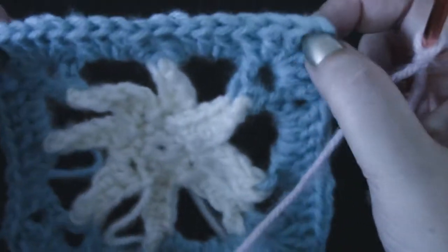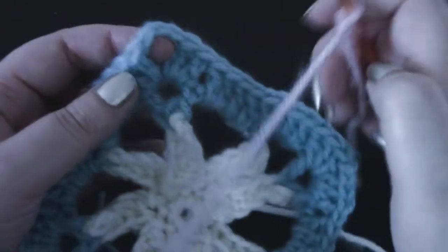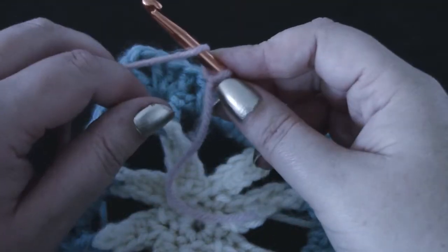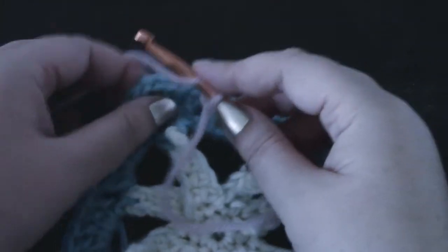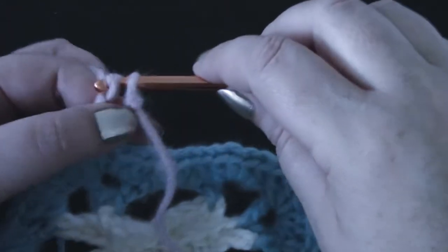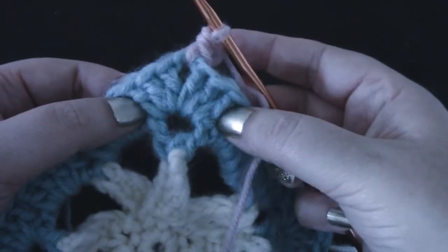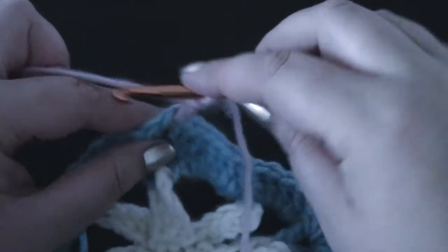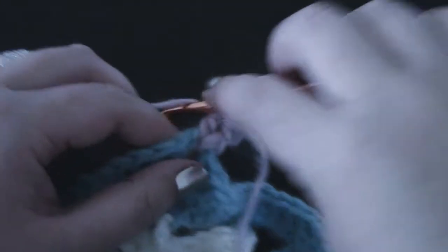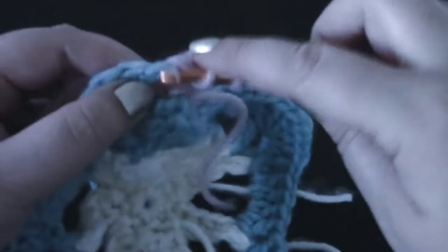Into each of the previous round's double crochet, you're going to do a double crochet. I would suggest starting in a corner. Okay, so yarn over, just secure that yarn over with your finger and into this 2 chain space. Hook in, come through, yarn over, take off 2, yarn over, take off 2 for your first double crochet. As with the previous round, you're going to do 3 double crochet, chain 2, 3 double crochet. So that's 1, 2, 3, chain 2, 1, 2